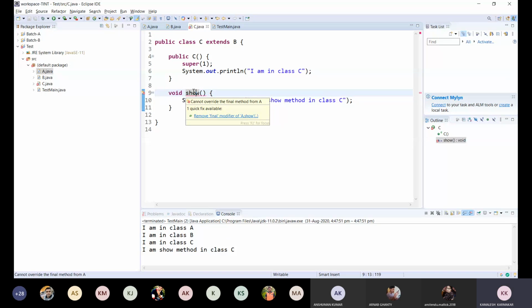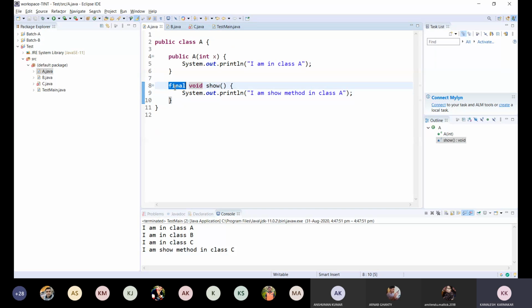If you define a method as final, then in subclasses you can't override the method. You can use an overloaded method, but you can't override the method which is final. Getting my point? So a final method cannot be overridden.